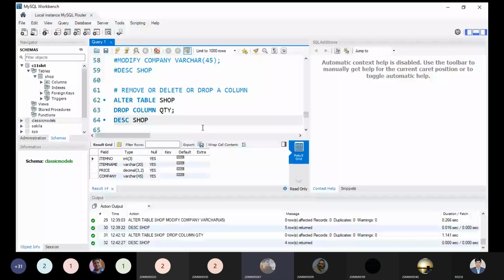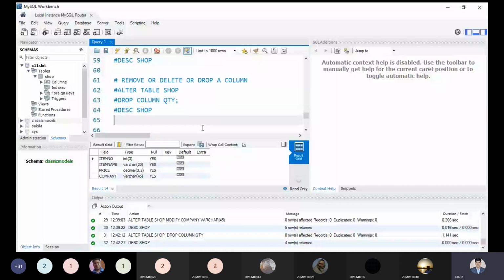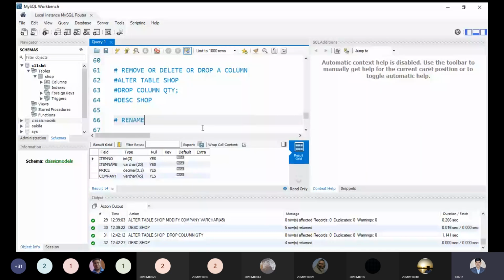Yes, sir. Okay, good. So one student is very smart and she is saying, "Sir, I want to rename my table." I asked, "Why?" "Sir, I have given my table the name shop. It should be shopkeeper or it could be product." Okay. So what is the next syntax? Rename, not remove. Rename a table. That is the method.